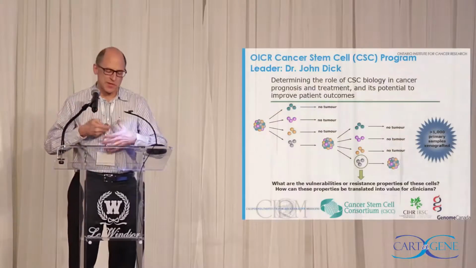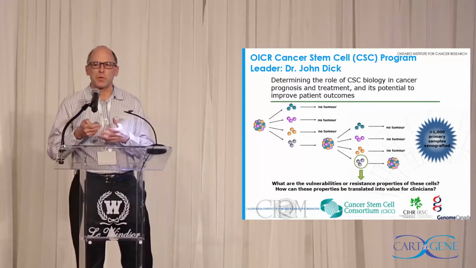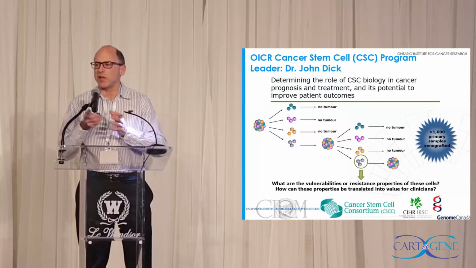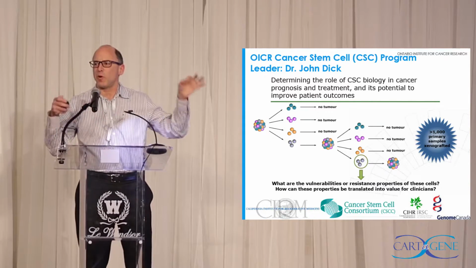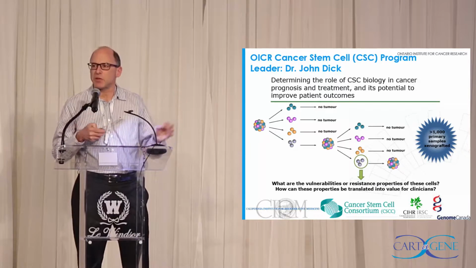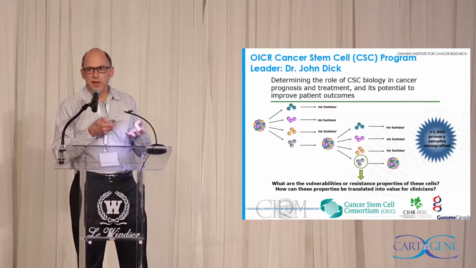So in the project that we have, funded by Genome Canada and CIHR, called the Cancer Stem Cell Consortium, John Dick is one of the scientists at OICR who has been studying cancer stem cells. We talk about stem cells for the brain, and stem cells that give rise to the bone marrow, but we also have in tumors cells which have the potential, when isolated, to form a whole new tumor. Few cancer cells actually have that potential. So we're trying to understand the stemness properties of these cells, which are important in metastases, in cancer, in resistance to drugs, and so on.